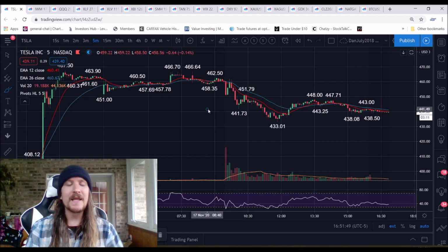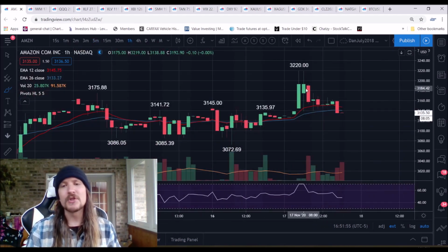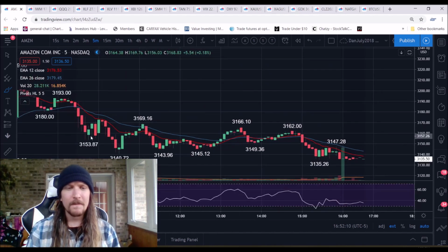Aside from that, I then went to Amazon. I said, all right, we're looking for an Amazon hourly higher low to form. It had a gap up on bullish news of joining the pharmacy space and was looking for the hourly higher low to be set. On this bounce, we had a double bottom at the low of the day. Trying to see exactly where that was. I believe it was right here. So it was low of the day, high of the bounce. I believe I entered...